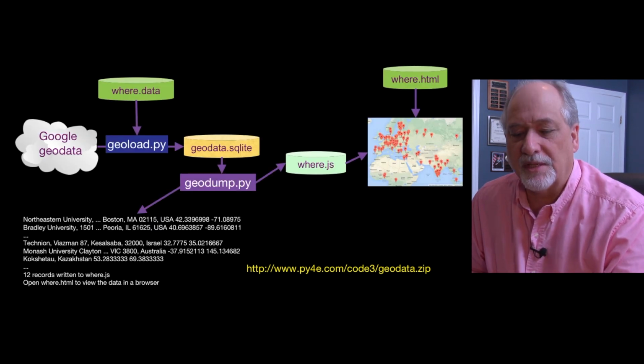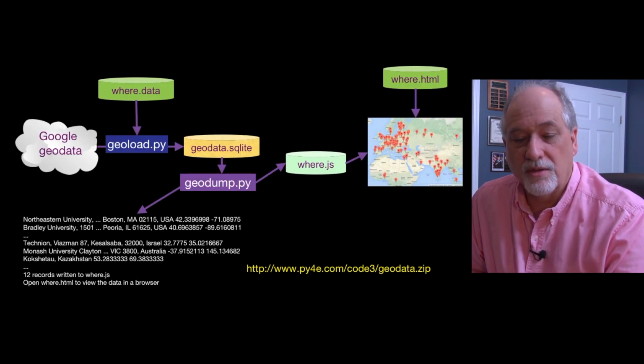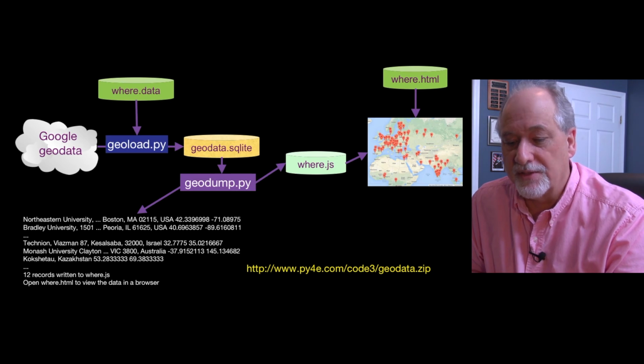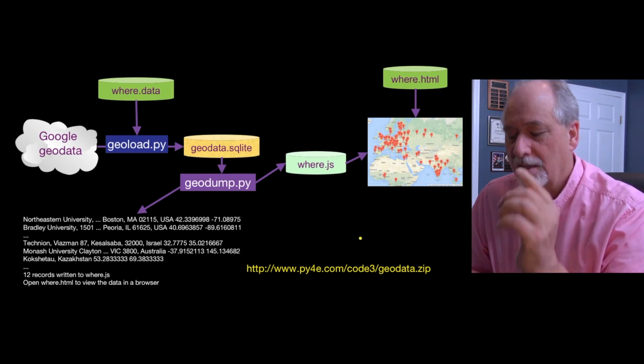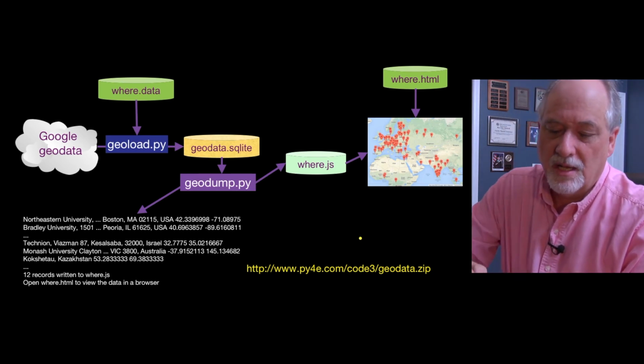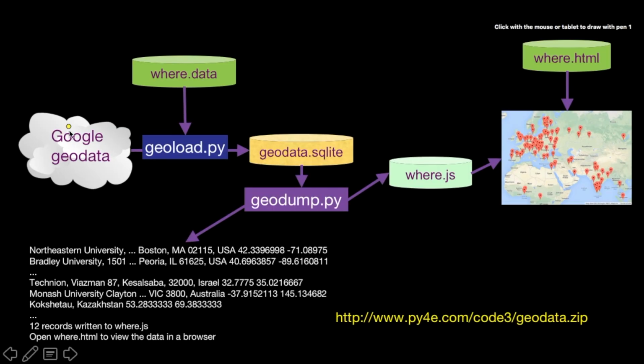And so this is the basic process, and it follows that basic personal data modeling, personal data mining pattern. And so here's this API, which is either Google or me. I've got my own Dr. Chuck version of this, drchuck.net version of this, and there is an input queue of the location. So this is the user data where they just put in the name of where they think they live, University of Tübingen or something. And so this is the queue of the things that are to be retrieved.